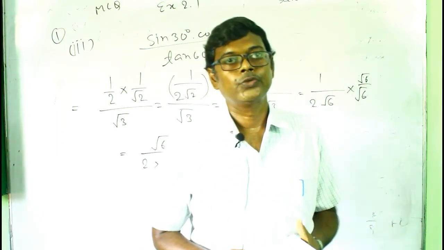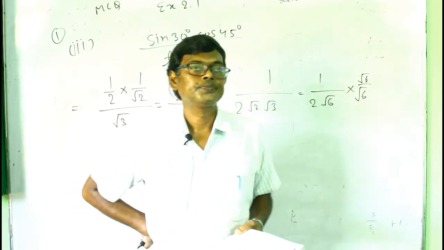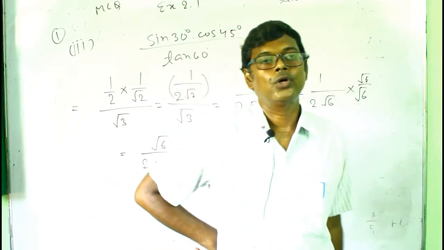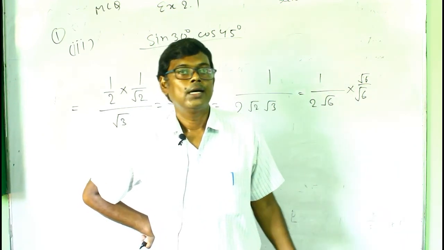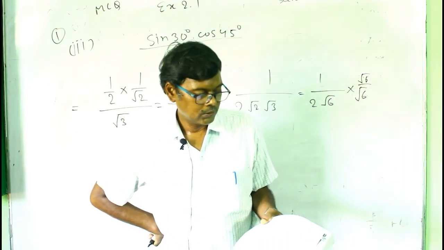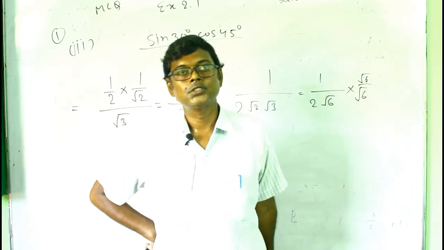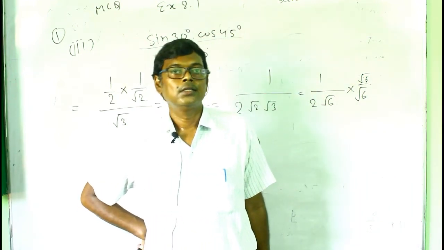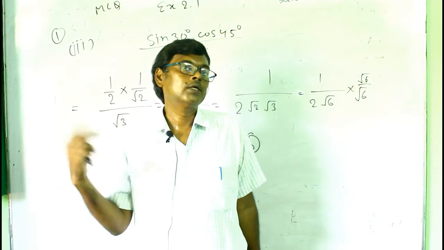Write true or false. Okay, question number B. The first question is cot theta equal to cos theta by sin theta. This is true, because tan theta equal to sin theta by cos theta, and therefore cot theta equal to cos theta by sin theta. So this is true. Next is number 2, sin theta is a product of sin and theta. This is not correct. Sin and theta are not the product of each other, they are just the symbol for the ratio of the sides of a triangle.